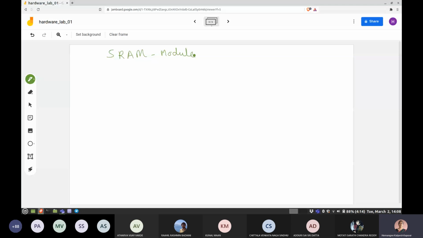If you look up any literature, your SRAM is nothing but a collection of cells, and it has an address bus and a data bus. Say I have an address bus which is n bits wide, and the data bus is bidirectional because the data comes inside and goes out.